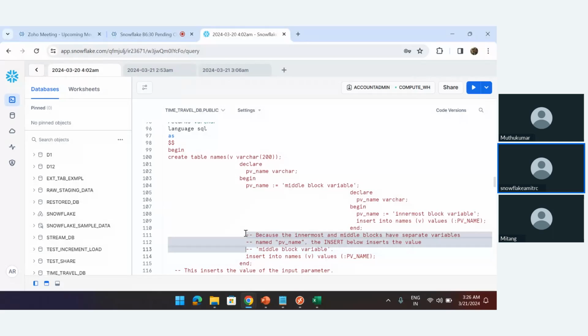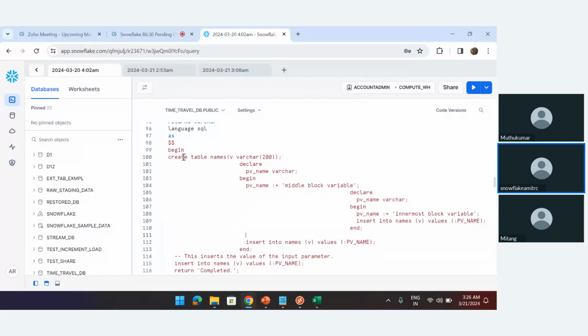Now see how basically this block will be working. Now you can see start, it is started here. After that, you can see it created one table. After that, one declare section started, PV_name, one variable declared. In this declare section, after that, in the begin section, we have written PV name is equal to middle block